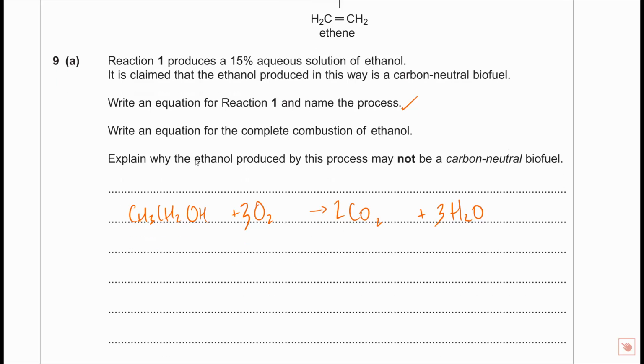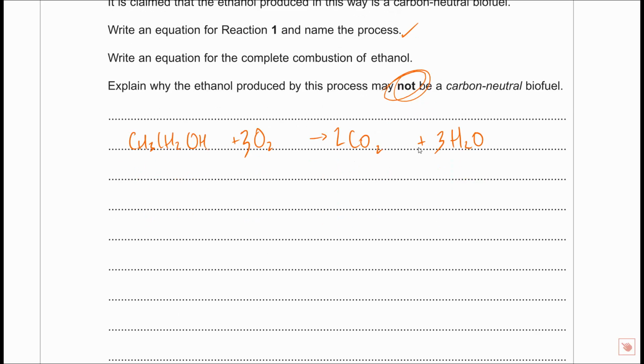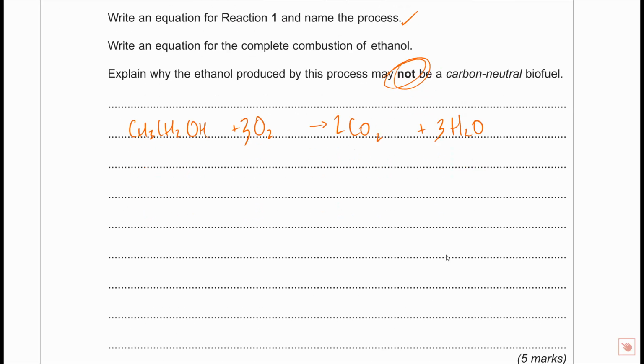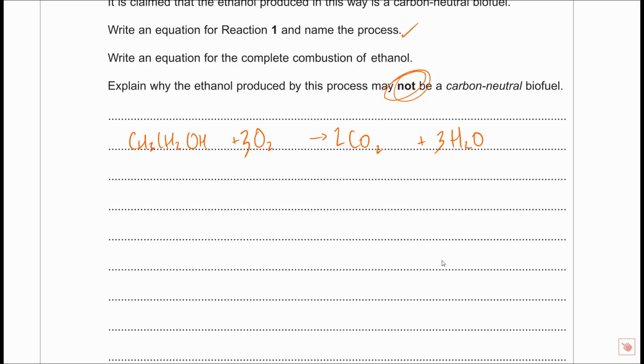Now, explain why the ethanol produced with this process may not be a carbon neutral fuel. Now this is 5 marks here. 5 marks! This is baffling. So equation for that, name the process, we can do that: fermentation, C6H12O6 goes to 2CO2 and 2C2H5OH. 2 marks there, 3 marks there, probably 2 marks here. Not sure where we're going to get 2 marks there from, but basically the idea is,